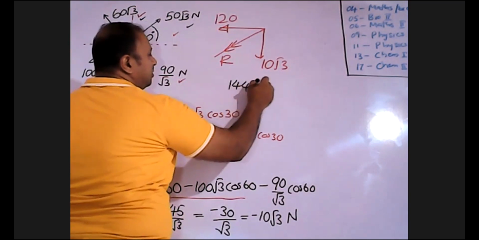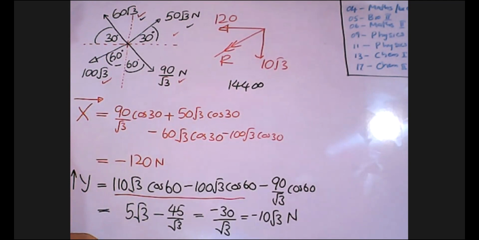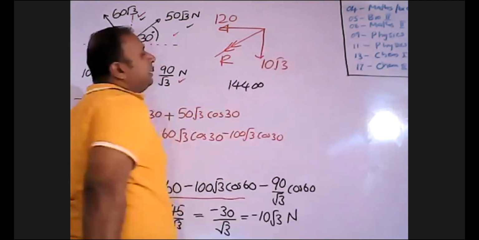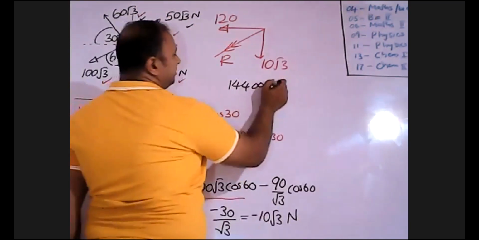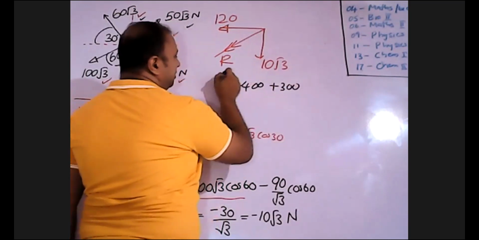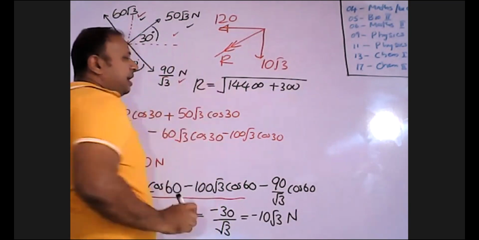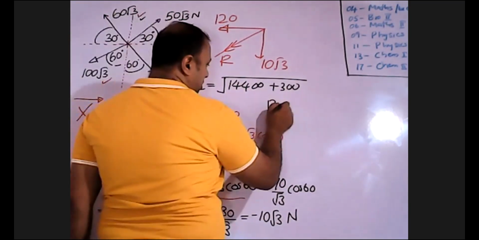So the square of this one means 120 squared, which is 14400. Then this is 100 times 3, that means 300. This is under the square root. It is the answer for R. Therefore, R is equal to